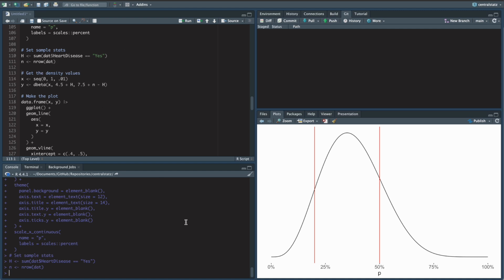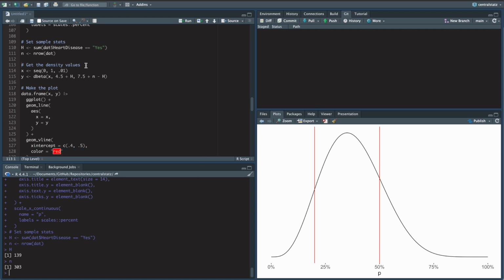So here H and N. H is the number of heart disease patients in the data set, N is the sample size. So 139 out of the 303. In this case, in the article, we analytically derived what the posterior distribution is. And so we had this beta prior and Bernoulli or binomial likelihood. And it turns out that the posterior distribution is just a beta distribution as well, whose parameters incorporate these two